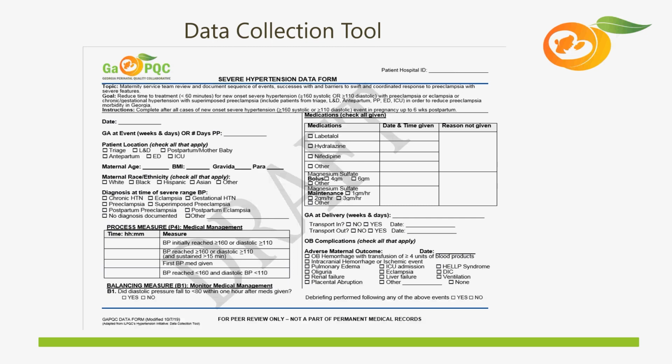or from other hospitals. We just had a response in the chat box that one facility has asked pharmacy to pull a list of patients that are receiving the medications. We know that some have done that. That does give some information, but it will only tell you the patients that have been treated who have severe range blood pressures. It doesn't capture those that have severe range blood pressures but weren't treated.